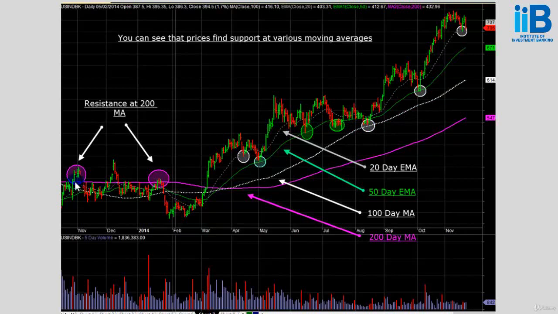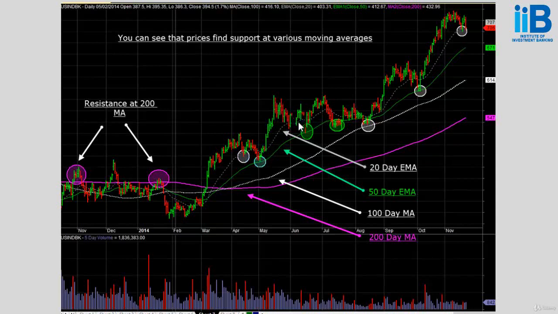Starting from November, you can see prices surged above its 200-day moving average but failed to sustain itself, came down, surged above again, failed, came down, found minor resistance, drifted down, tried to break out again, failed, broke below, went lower, and then it went sideways for the month of Feb. Finally, in March, it broke above its 200-day simple moving average, surged higher, reacted, came down, found support at 20 EMA but could not make a new high, came down, found support at 50 EMA, made a new high,